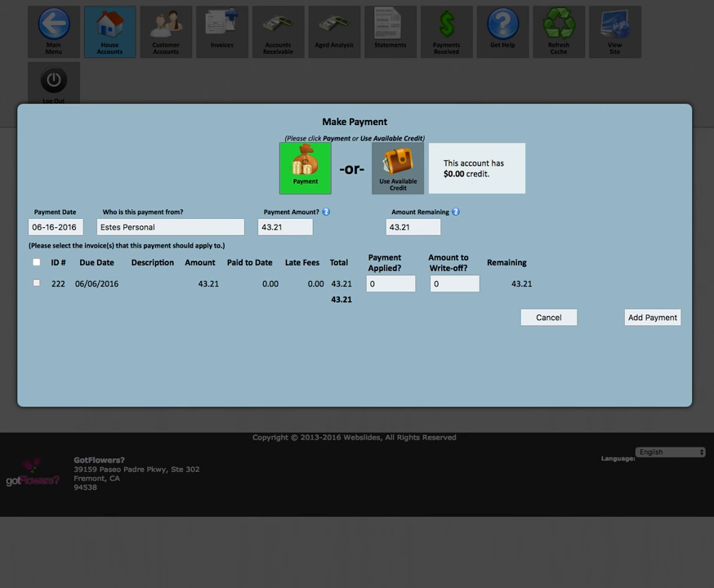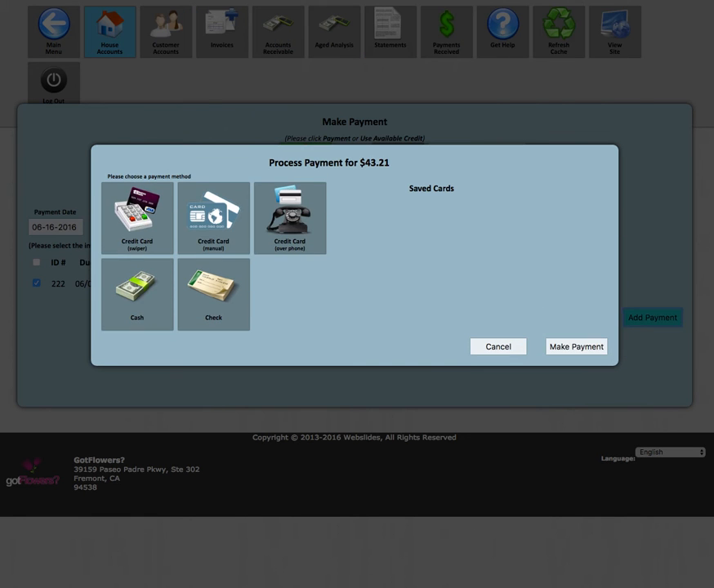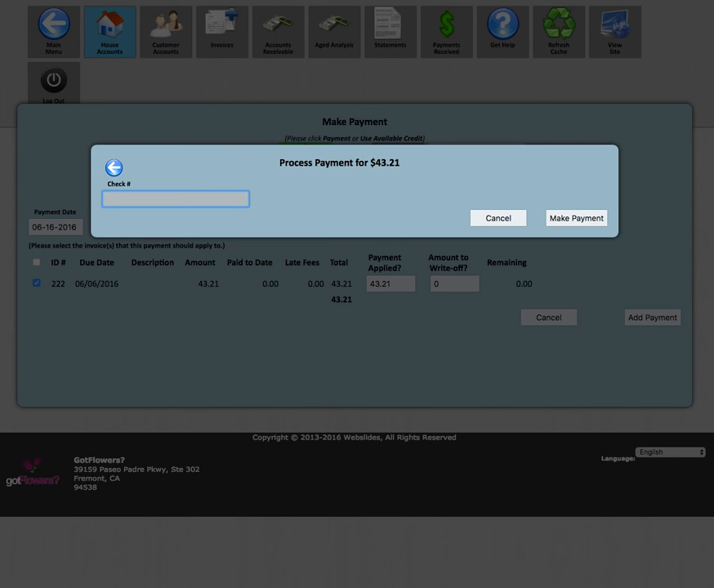So I'm going to go and assign it to this invoice. The amounts match. Add payment. It gives you the option to pay if the customer is in the store. They're on the phone. They're paying by cash or they're paying by check. So if it is check in this case, it's going to show you you can enter a check number and